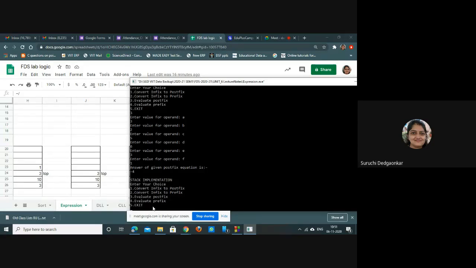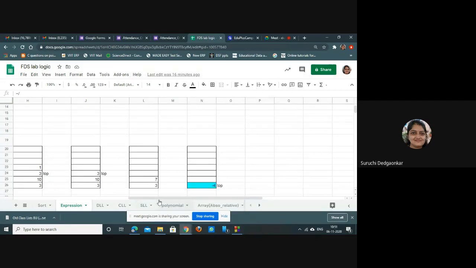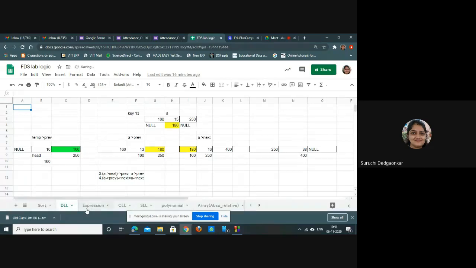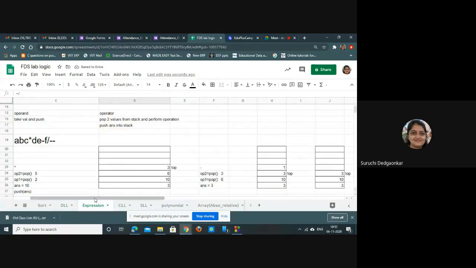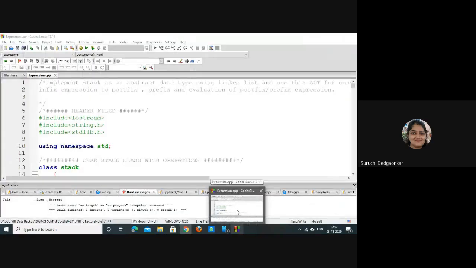I will not do prefix evaluation, also our prefix is not correct, so it will also not work. But the evaluation of prefix for the same expression should also give the same value, because in fact it is the postfix and the prefix of the same expression, so it should give the same value.